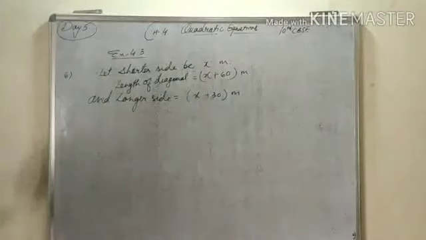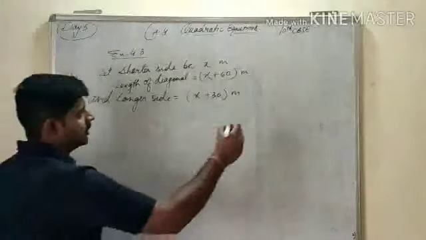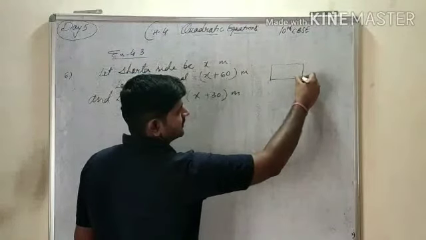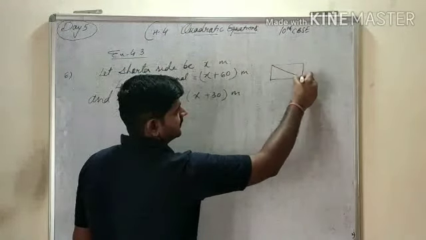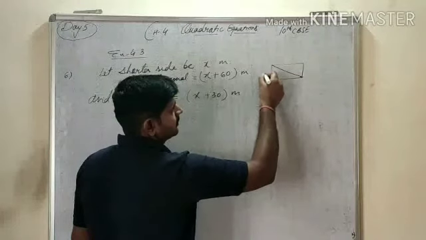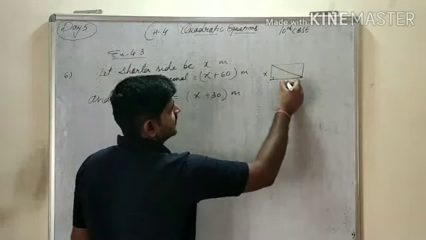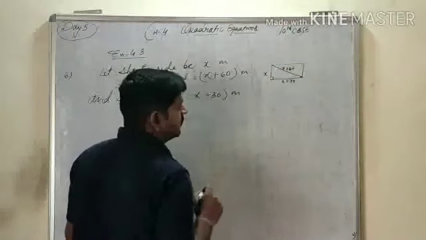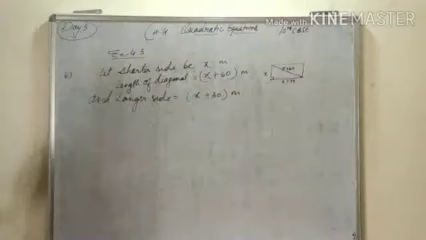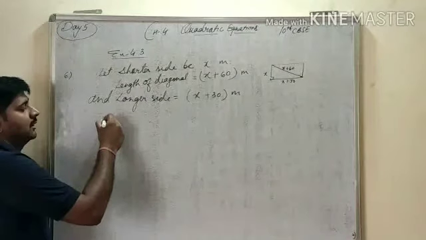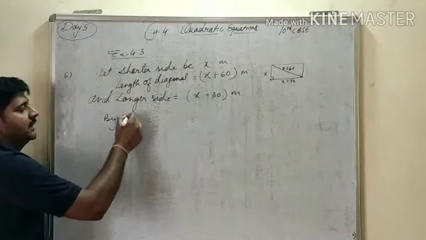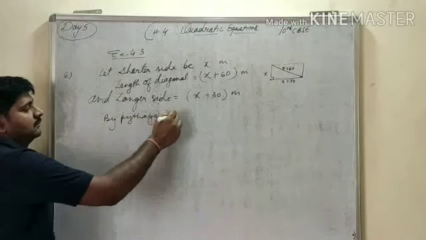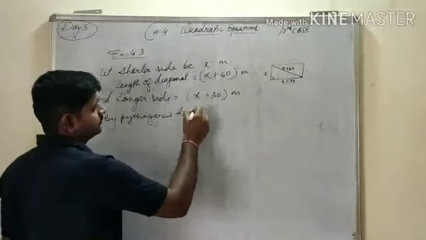So it is a rectangular field. Suppose this is the figure, and this is the diagonal. There will be a 90 degree angle, the shorter side is x, the longer is x plus 30, and the diagonal is x plus 60. So we can use the Pythagoras theorem here. By Pythagoras theorem,